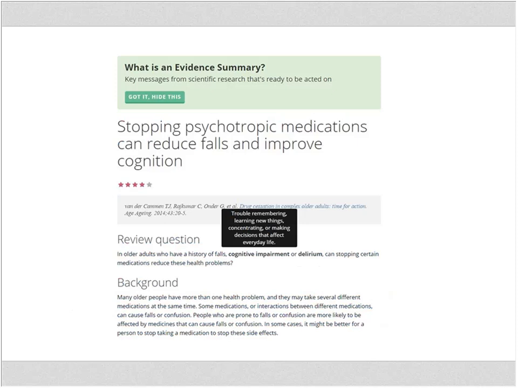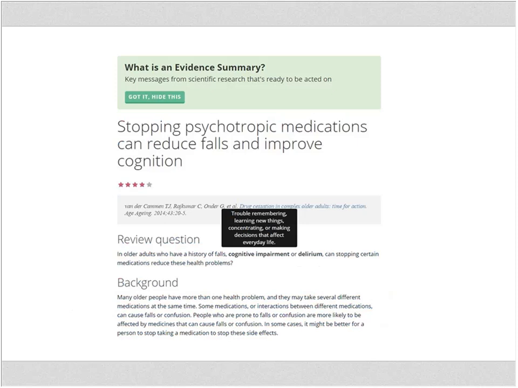So the evidence summaries are like a summary of the research, but in more accessible language. First of all, we create a declarative title. So we put the summary message right in the title. So it's like a spoiler alert. You can see what the actual message is from this research instead of reading through the whole thing. And this is helpful when you want to just search a topic on the portal and you get a bunch of results. You can just read the titles to even get the gist, and then click on the titles to read more details if you're interested.